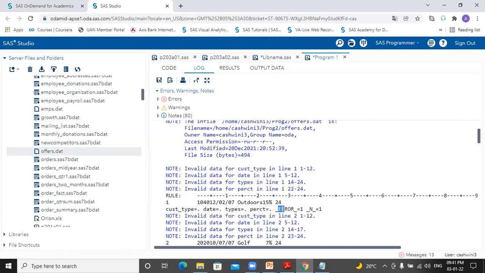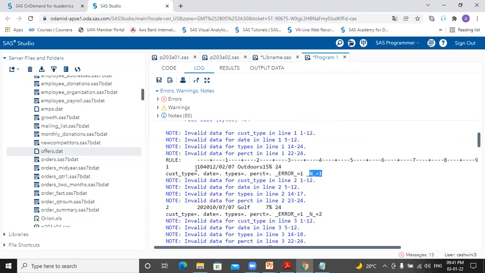Okay, and we know at the time of processing, by default, there are two temporary variables created in PDV: underscore error underscore and underscore n underscore. So underscore n underscore tells your data step iteration, whereas underscore error underscore is 1 or 0 because it's a Boolean expression. That indicates whether an error occurred or not. If the error occurs, the value is 1. If there is no error, the value is 0. Whereas this is your data step iteration cycle number.